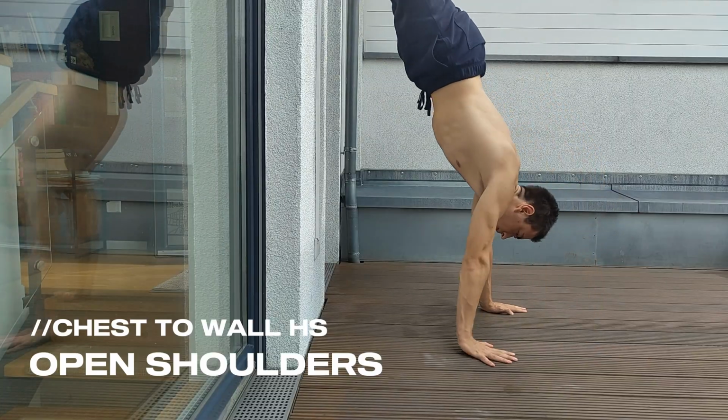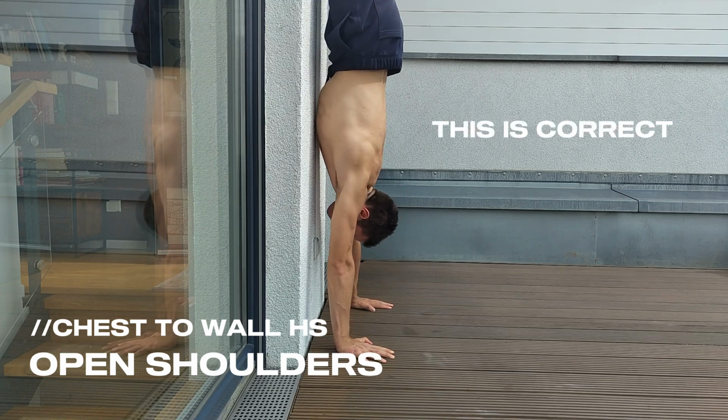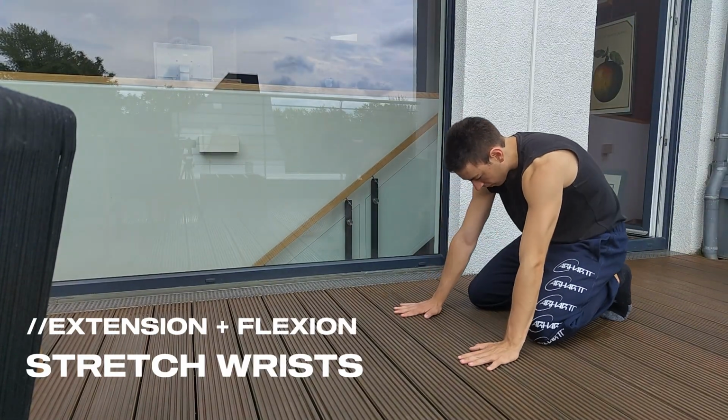Chest to wall handstand is also a great way to open your shoulders, but it's a little bit more advanced. Don't go like this, but actually try to go really close to the wall and really open your shoulders. It's a good stretch. Next is stretching our wrists, and coming from somebody who's done calisthenics for a while, definitely